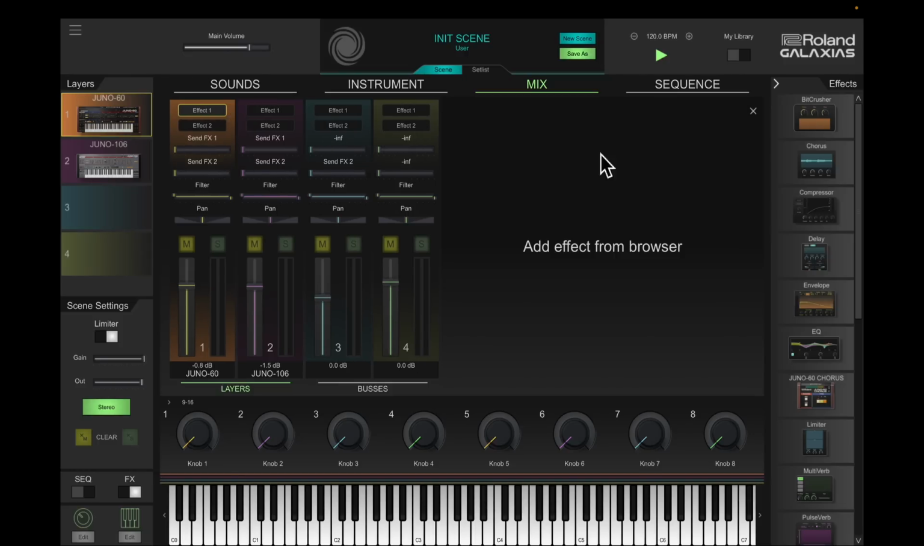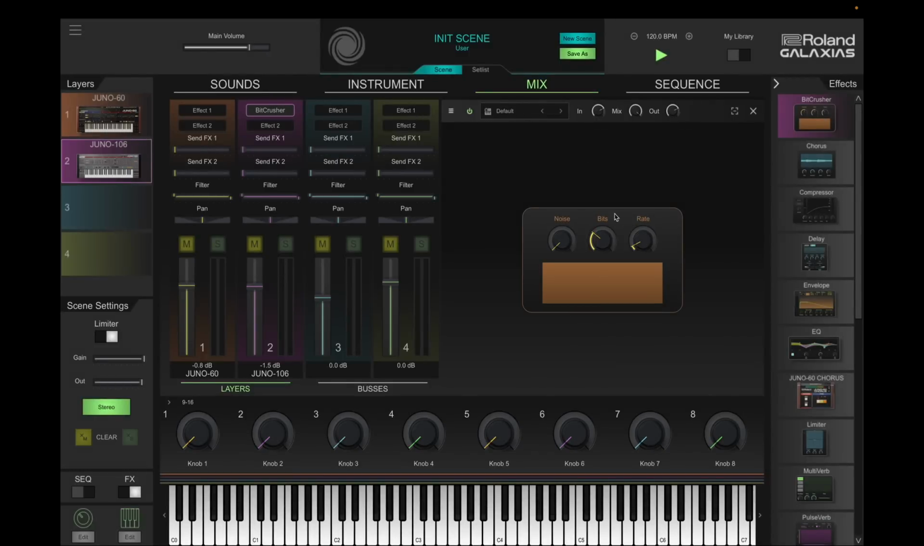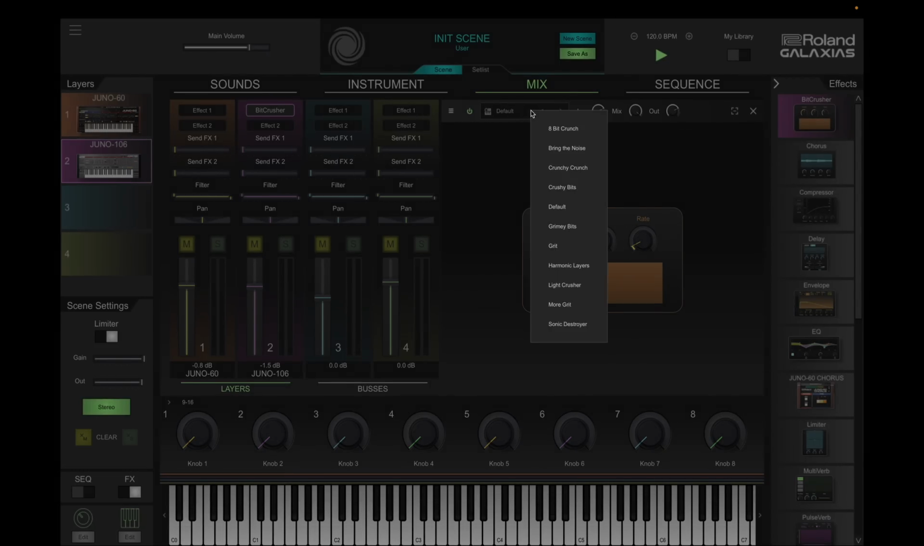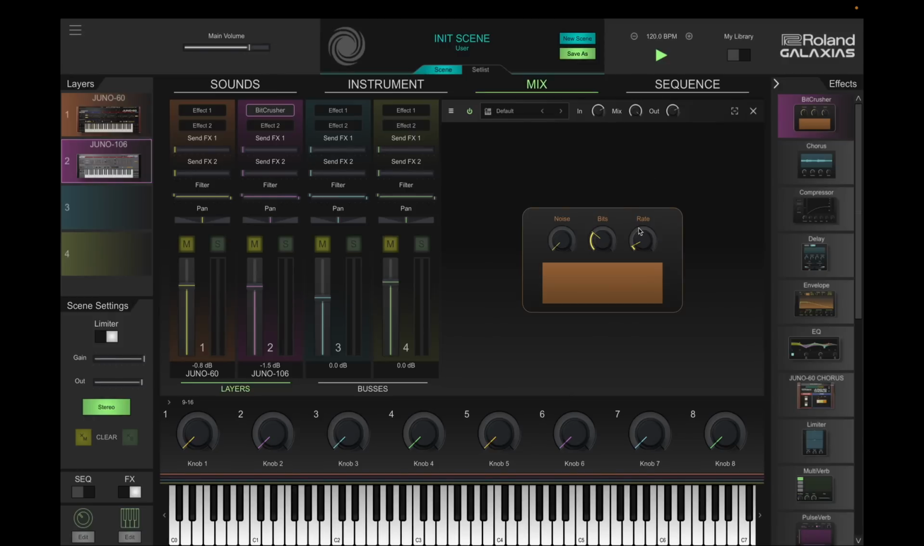So these are like insert effects here. The effects over on the right-hand side. So let's go into the Juno, because this might be more obvious, and put a bit crusher on that. So just add that. And then we've got bit crusher there, or we've got the various presets that you've got in there. But